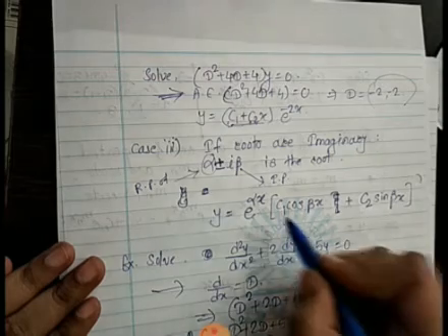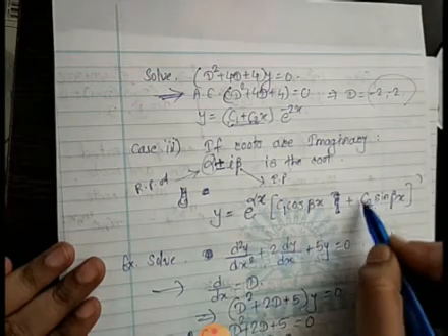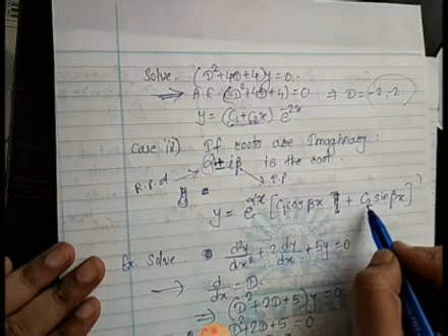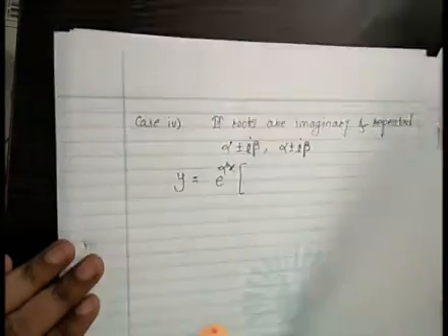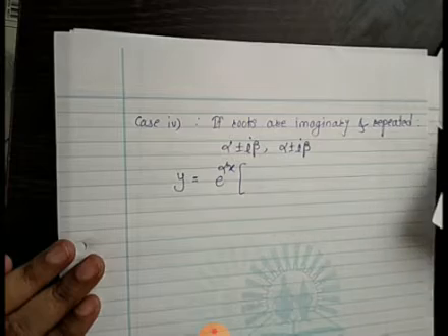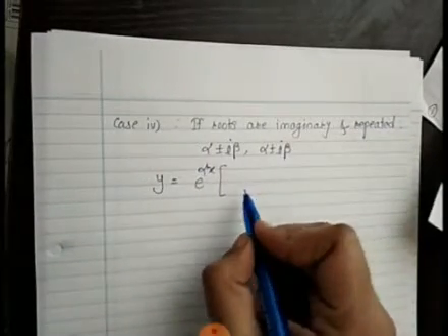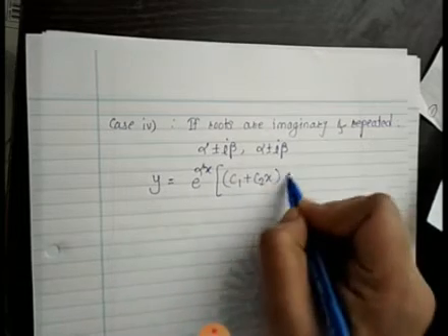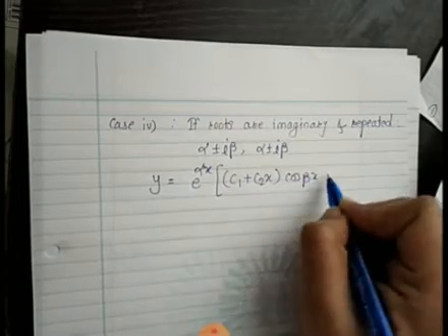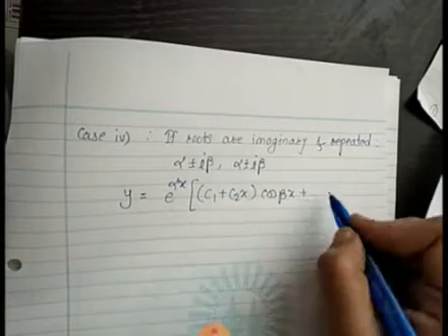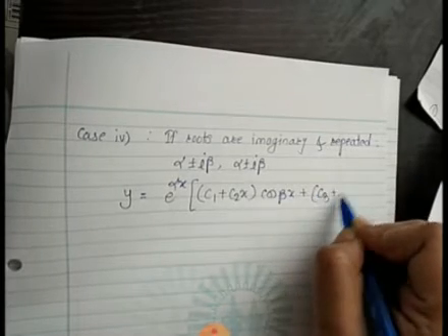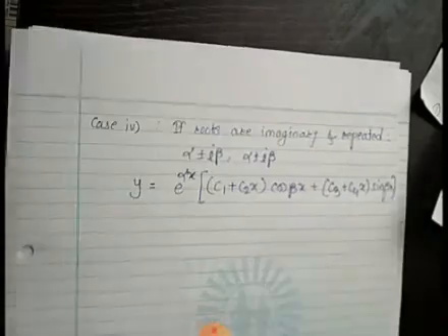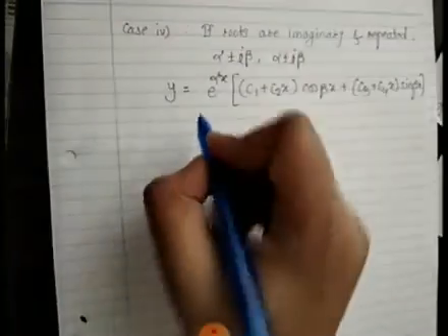Okay. But here we have used C2. So here it will be next constant, C3 plus C4x. So everywhere, wherever is the constant, it will get repeated twice. So C1 plus C2x into cos beta x plus, C1 C2 used, so next constant C3 plus C4x, sin beta x. And if